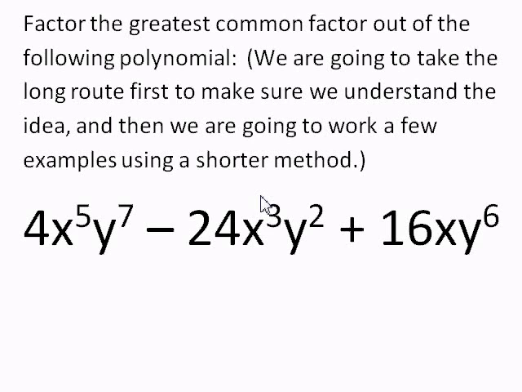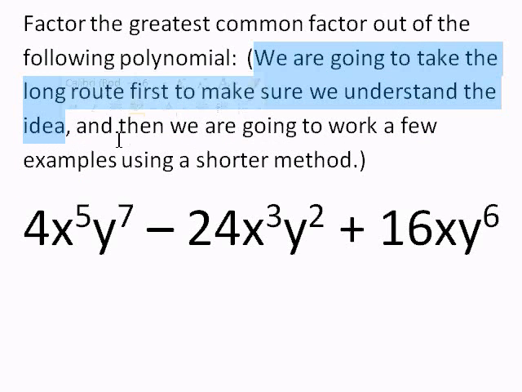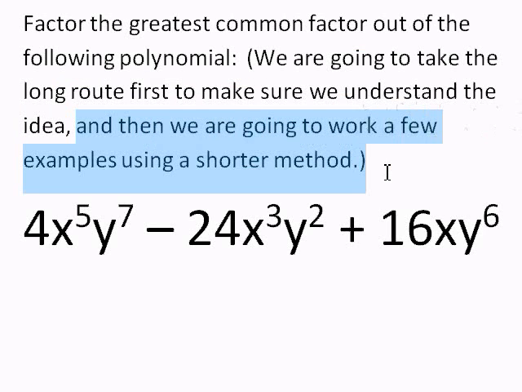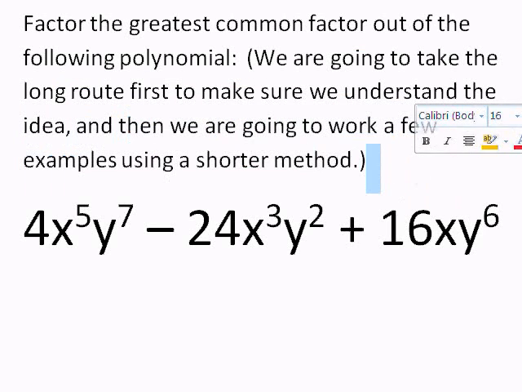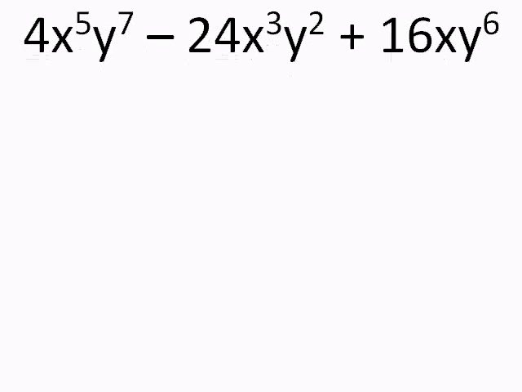So we're going to factor out the greatest common factor out of the following polynomial. To do this, we're going to take the long route first to make sure we understand the idea, and then I'm going to go backwards and show you how to work a few examples using the shorter method. Now, the long example, as I mentioned earlier, was for us to list the factors of every single term in